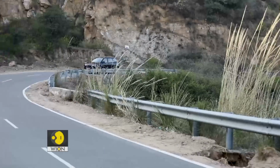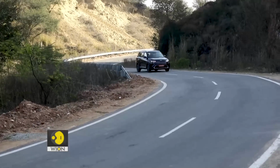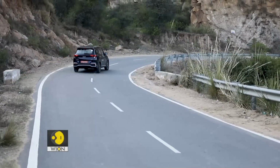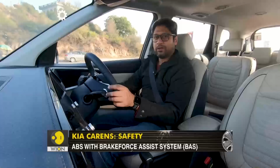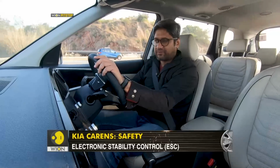Yes, you may not get the kick that you generally get out of a diesel, but this turbo petrol we have driven in other forms as well, and it really performs pretty alright. And because it's not a car that you will be pushing, the fuel efficiency should also be pretty alright. Now in terms of transmission options, the 1.4 comes with either a 6-speed manual or a 7-speed